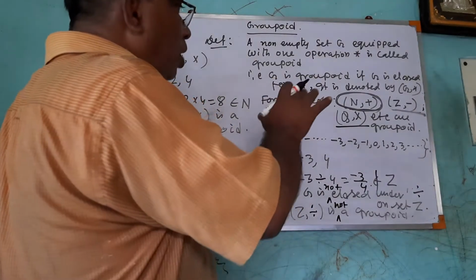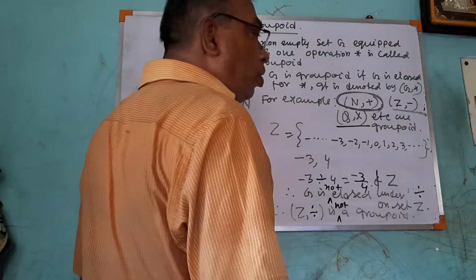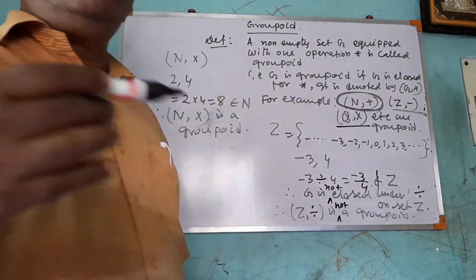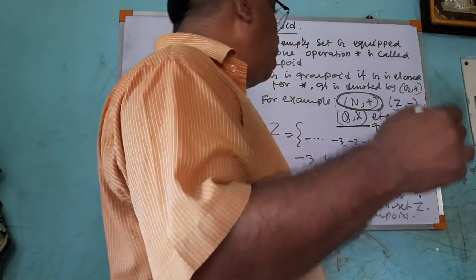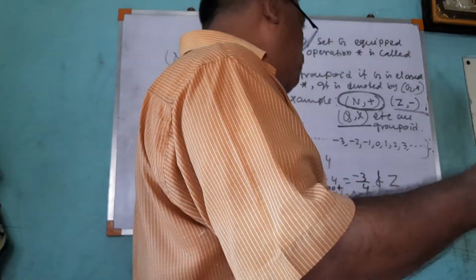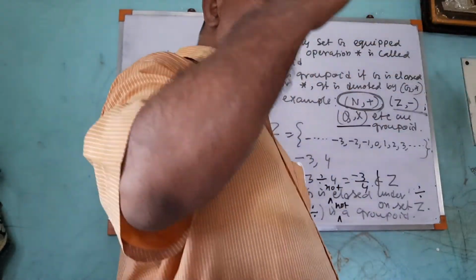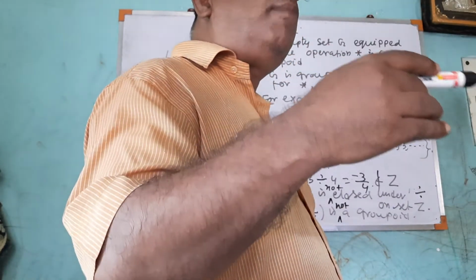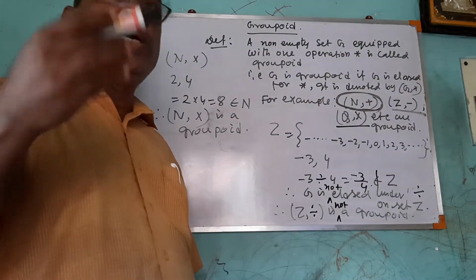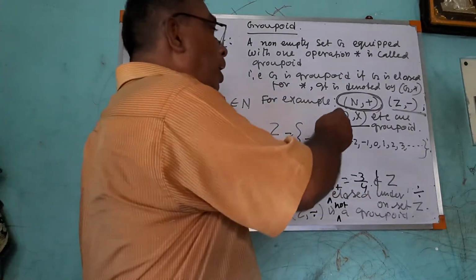Okay, so this is actually all about groupoid. I think everybody understood. You can check this one also: is Q into a groupoid or not? How to check? What is Q? Tell me. Set of rational numbers. Take any two rational numbers, then the cross multiplication of the two rational numbers results in a rational number. So we can say Q cross is a groupoid.